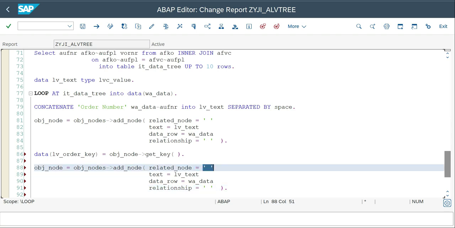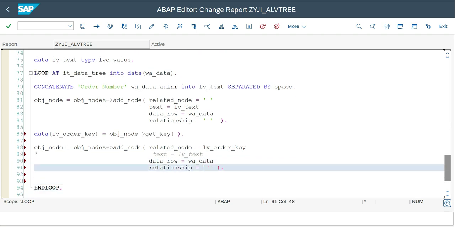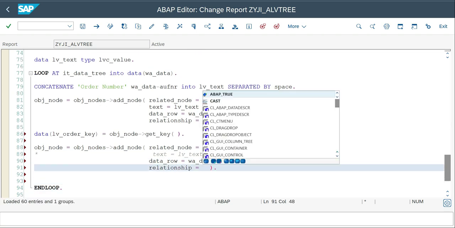The related node is the order key, the previous one. I'm not going with text, only data, and the relationship is child, so it's going to be CL_GUI_COLUMN_TREE